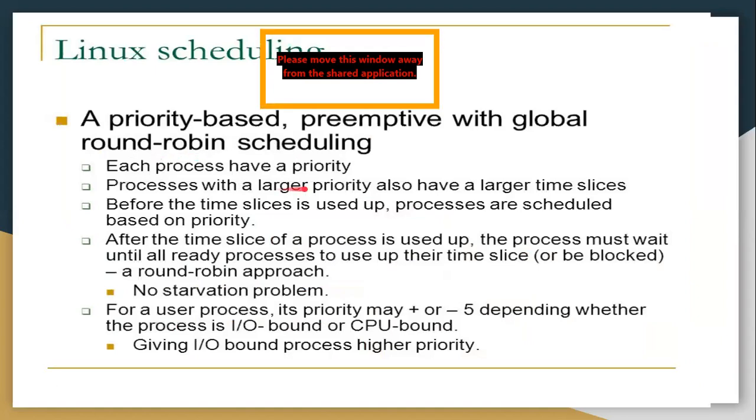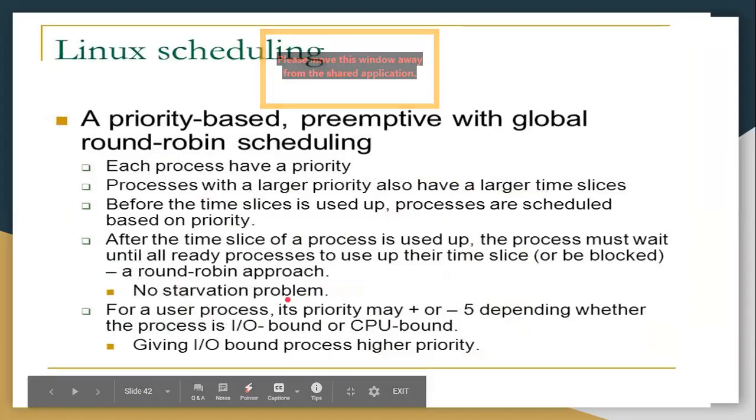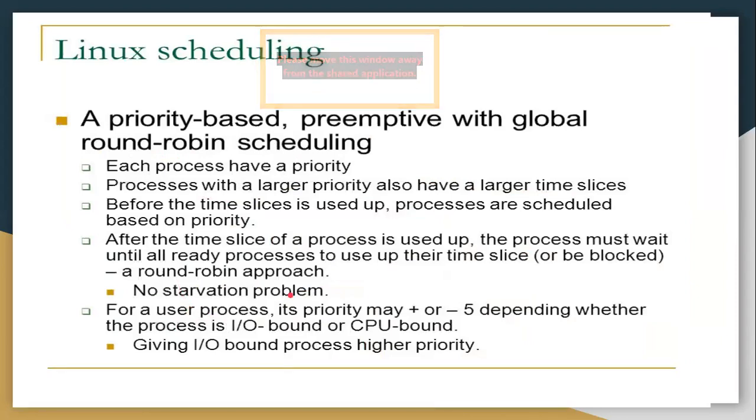Each process has a priority. Processes with larger priority have larger time slices, based on your time, and there is no starvation problem. No process will die. No process has to wait. That means no starvation. Every process will be given priority and every process will be given execution time, depending upon